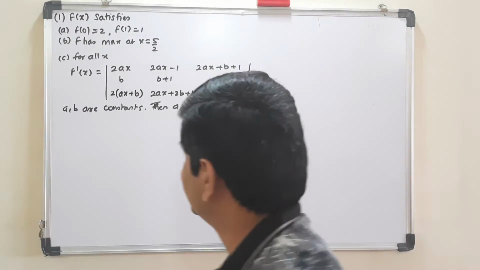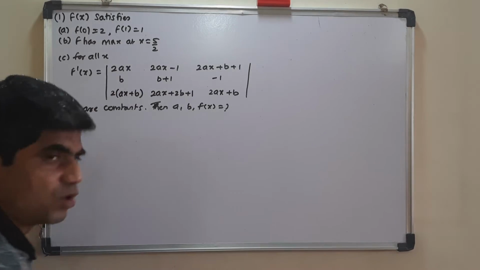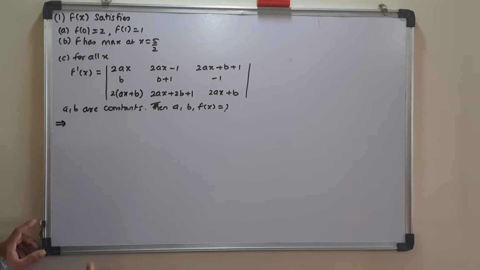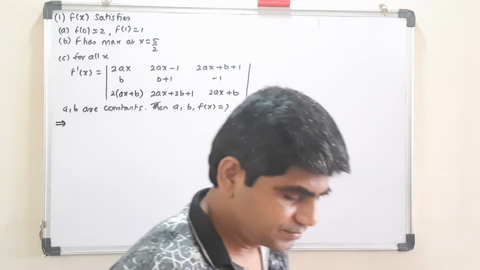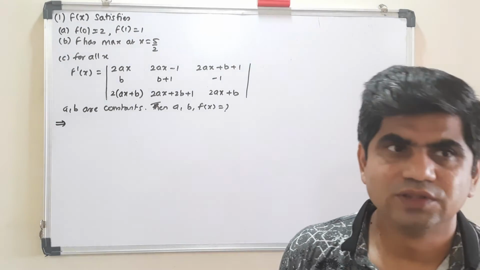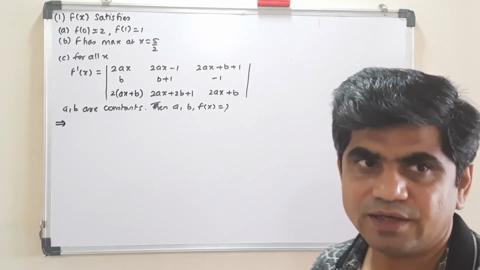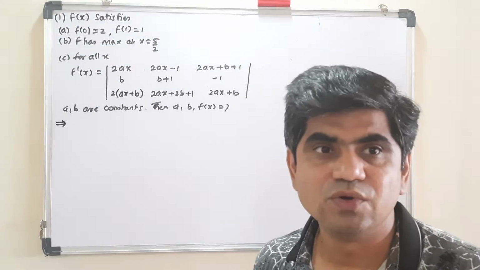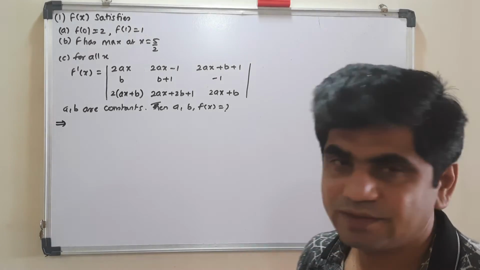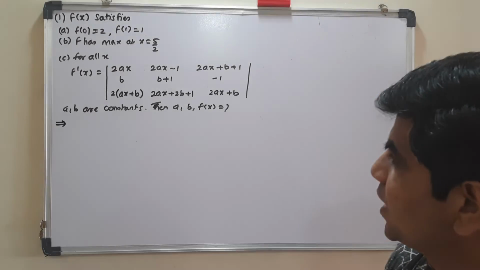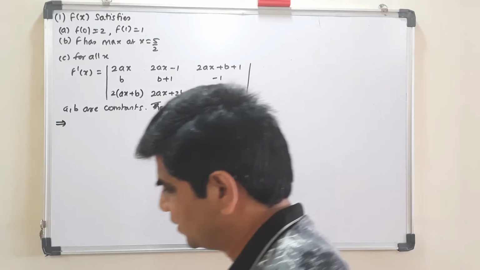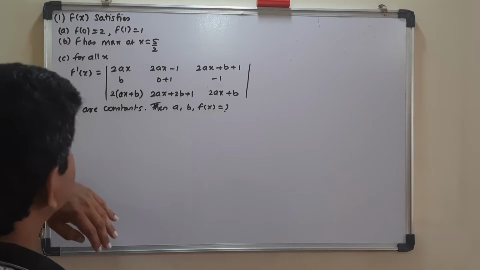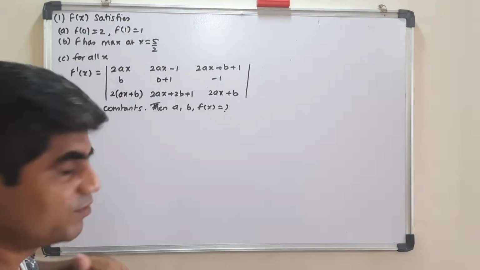So f dash x already is in the form of a determinant. I would try to solve this determinant, and obviously you know that solving a determinant is done with the help of elementary transformation. We'll try to get maximum zeros in this. So where and how can I get the zeros? That I will think first. I will be concentrating, maybe I will try by row side first.